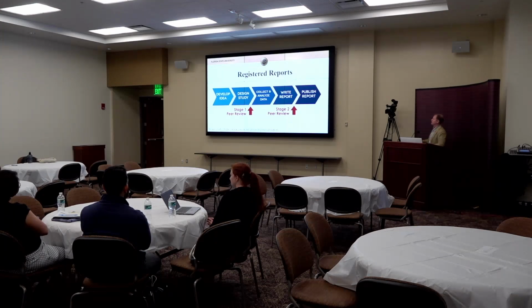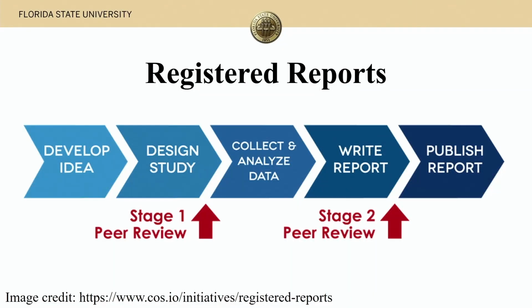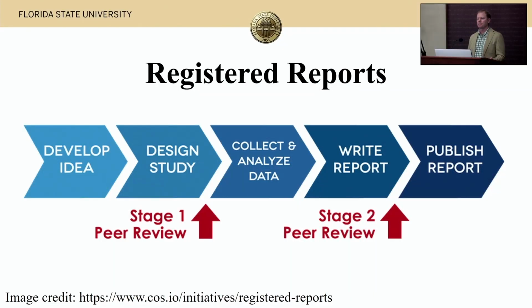So, okay, about half the room. This is, in my view, a different format of a type of pre-registration. The idea is, if these errors are shown, and the graphic I got again from the Center for Open Science website, but if this is sort of the flow or the pipeline of publication in a refereed journal,